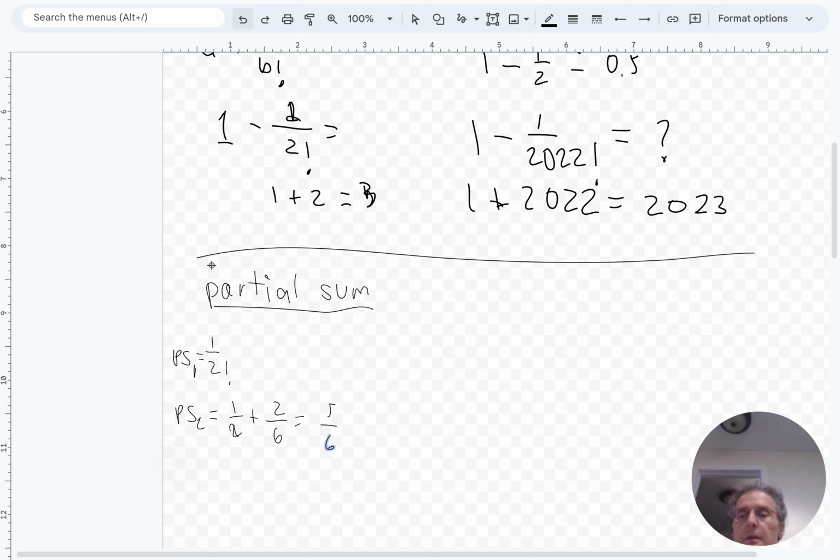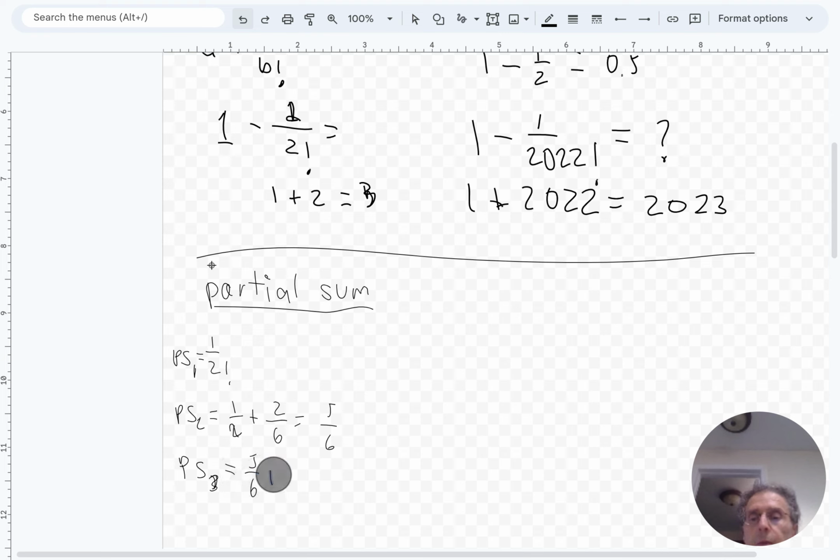So then partial sum 3, and if anybody knows why that thing always disappears, look at that, parts of it disappear. Why is that? Is it trying to recognize something? I just want normal scribble. I don't want it doing any AI for me. Okay. Partial sum 3 is equal to 5/6